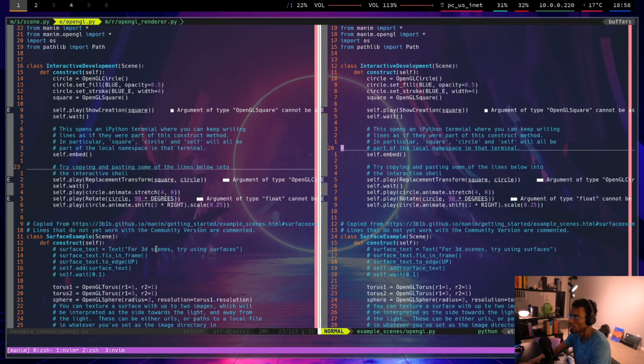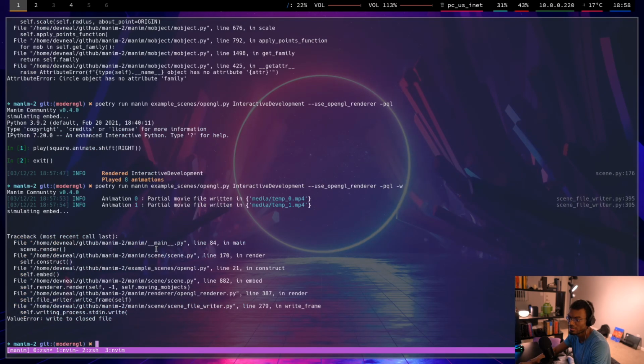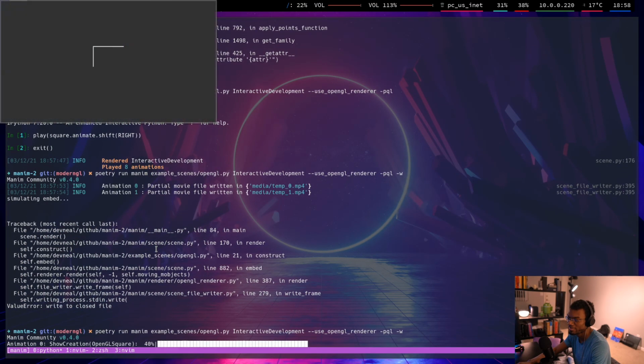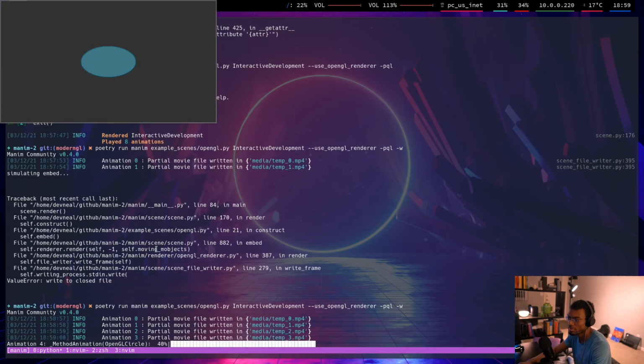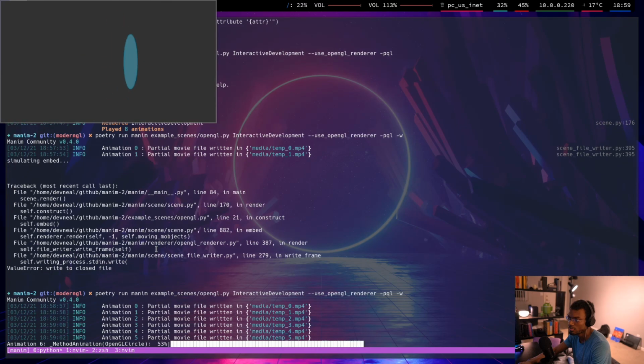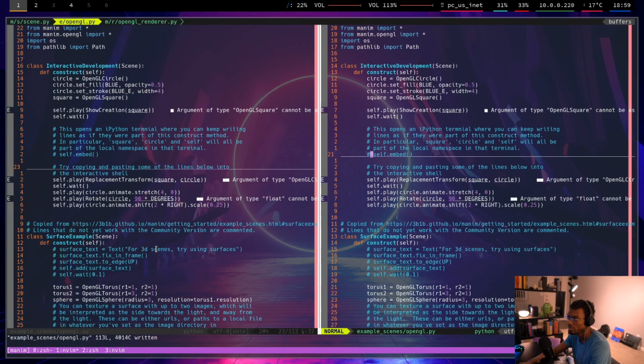If I remove this line... Yeah, maybe. So yeah, if you don't embed, everything works. But if you do embed,